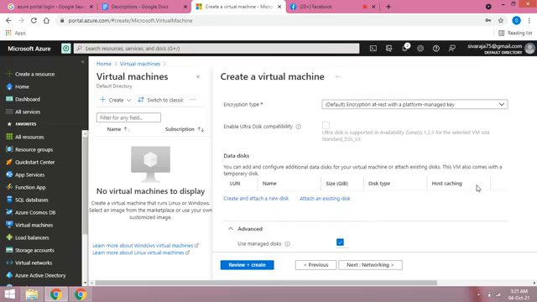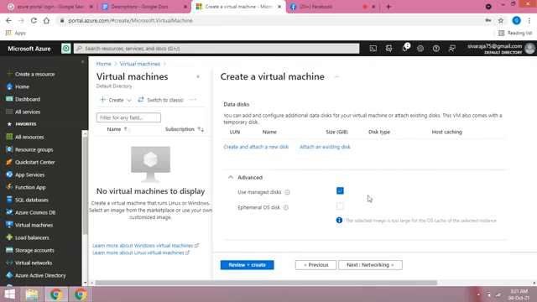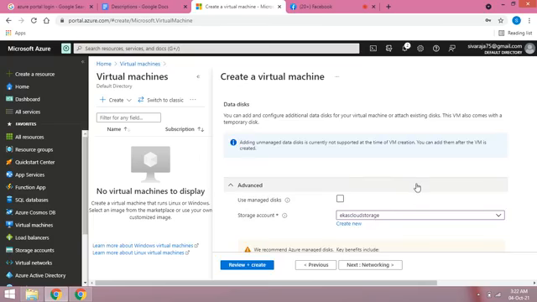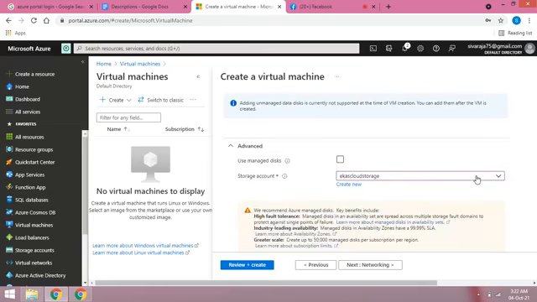Next is an important term: Use managed disk is checked by default. What is the meaning of this? If this box is checked, Azure will manage the disk. Now I uncheck it, so we manage our own.